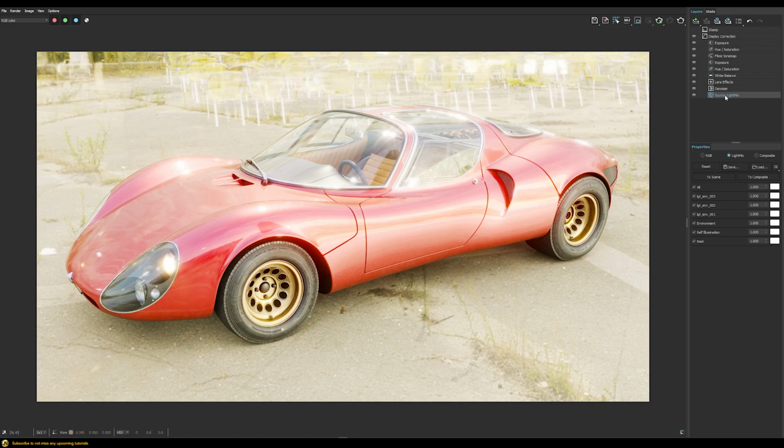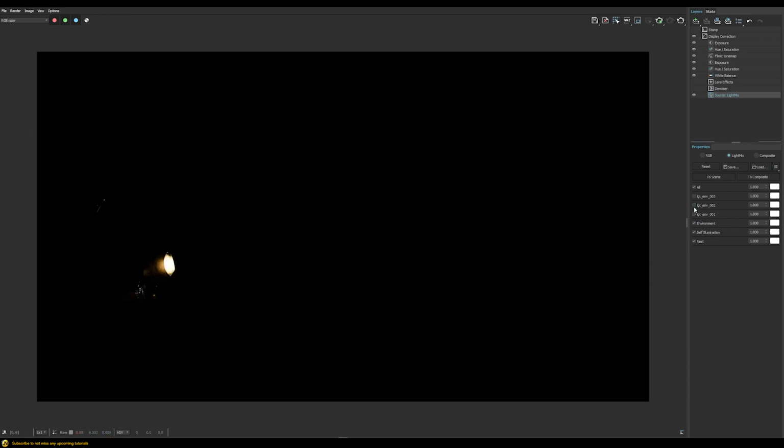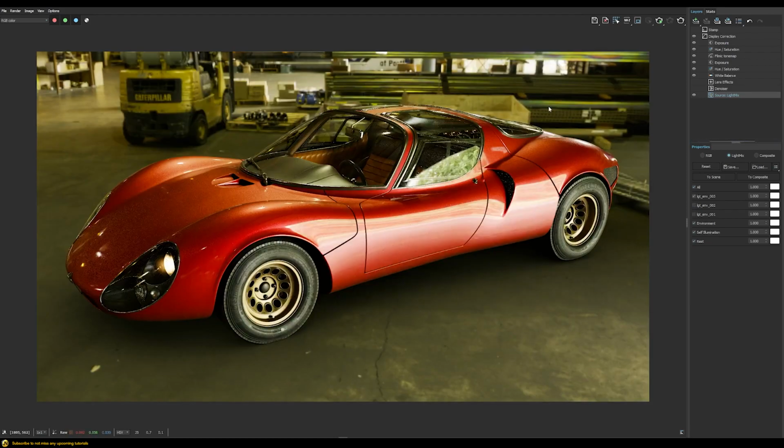So here in your light mix, you have the option to control each of the lights separately. So for example, you could switch all of them on or off. So here I only show the light number 1. Here I only show the light number 2, and here I show only light number 3. And then you're also able to blend them kind of together. So in my case, I get basically a render setup that contains 3 different lighting setup, and I just need